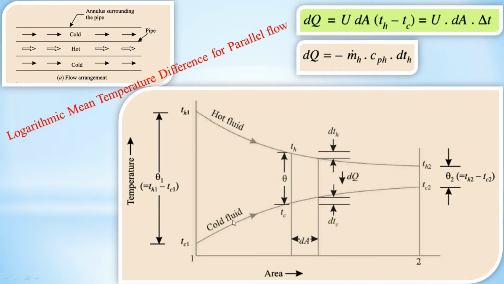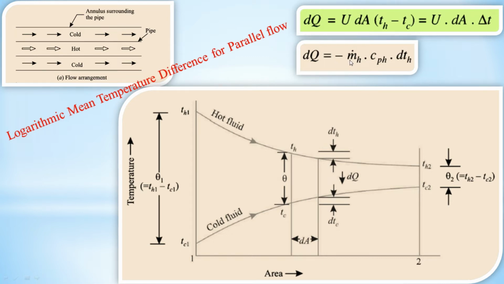As we know, whenever there is an exchange of heat between the cold fluid and hot fluid, here you can see that in the direction of the length of the heat exchanger, the cold fluid will receive the heat and the hot fluid will reject the heat. So for the hot fluid we are considering a negative sign, because this hot fluid will reject the heat. This negative sign will represent the heat loss in the direction of heat flow.